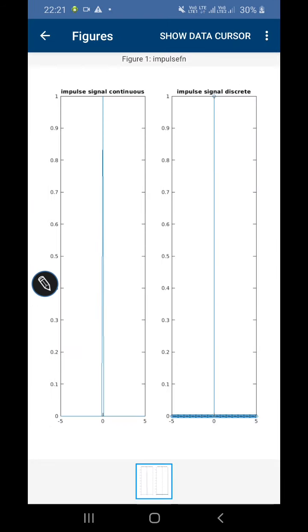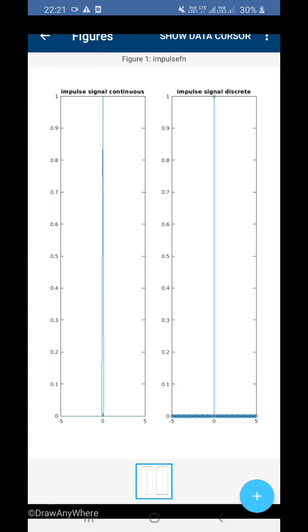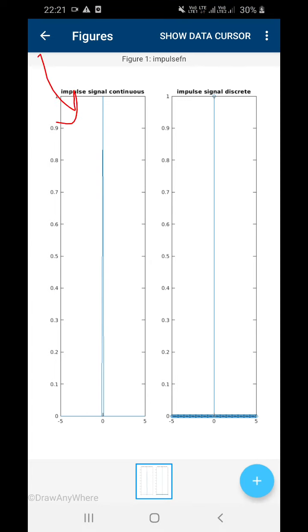Okay, so let me click on it. You can see over here that this is my impulse signal, which is giving me output only at the 0 point, and the second graph is my impulse signal which is discrete, which is also giving me output at 0, but it is taking the points which I have mentioned in the t array.